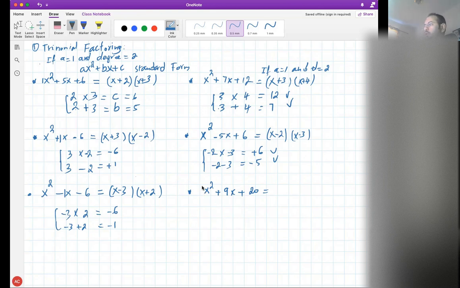So again, make sure you have an invisible one here. If it's another number, then this wouldn't work. This again is a special factoring method. It only works